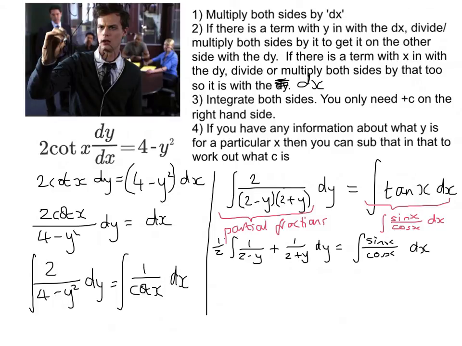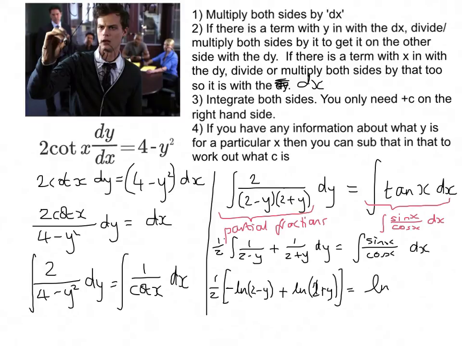So after we do all the partial fractions, we get a half, and then integral 1 over 2 minus y plus 1 over 2 plus y dy equals integral, and then you can see the spot that derivative there, the sine x is the derivative of cos x, so that's come from ln. So our final answer would, well, not final but almost, is a half, and then we've got ln 2 minus y, but we need a minus sign in front of that to compensate for the minus sign inside, plus ln 2 plus y